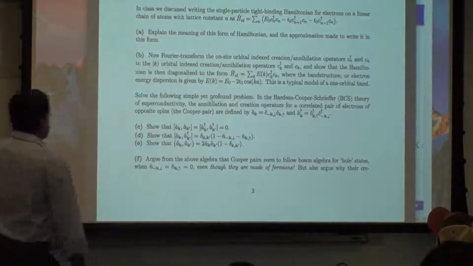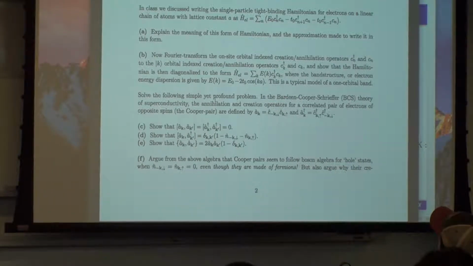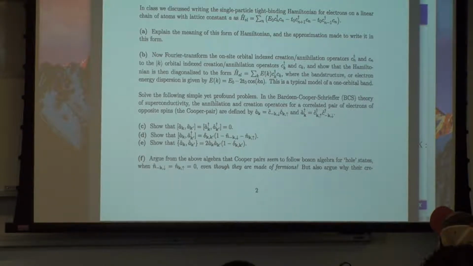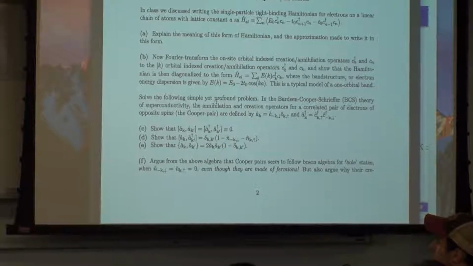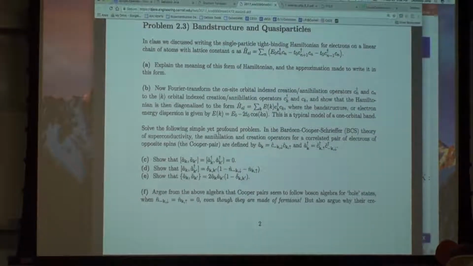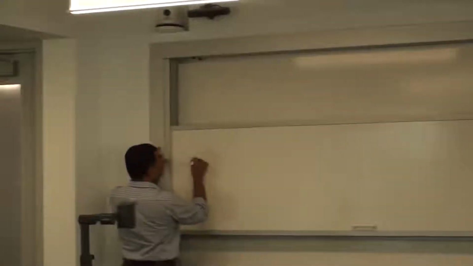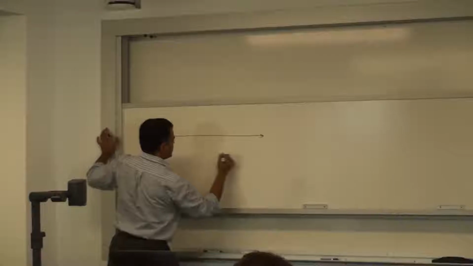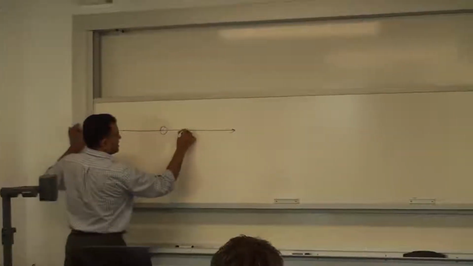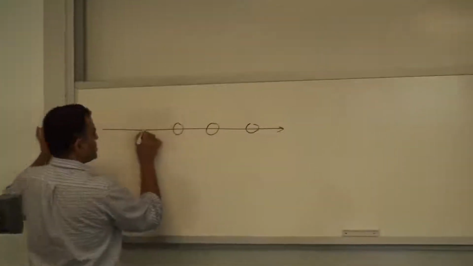The most basic electronic band structure calculation, you can write it formally in terms of the creation and annihilation operators. This is the tight binding model of any solid, electrons in a solid. And traditionally, in single particle quantum mechanics, without this operator algebra that we are discussing at this point, the way to think about